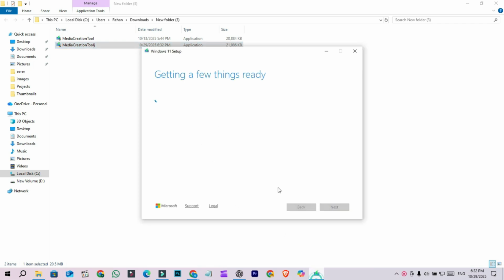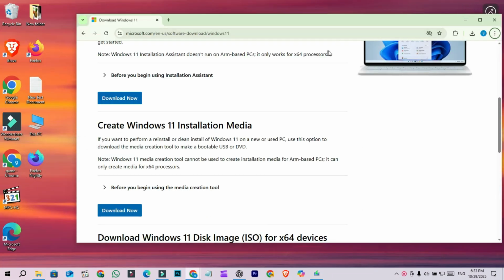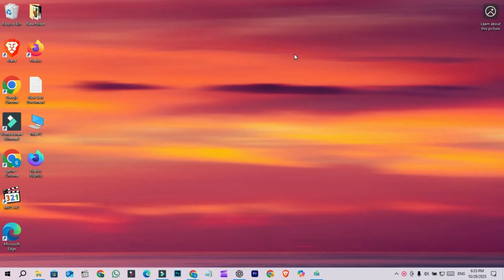I just wanted to update you that the Windows 11 media creation tool is now working correctly with this latest version. As a reminder, this tool is used to create a bootable USB or DVD to reinstall or perform a clean installation of Windows 11 on a new or existing PC. Everything is now working fine